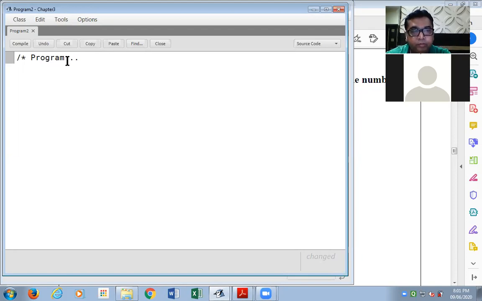Program for to find area and perimeter of a rectangle.